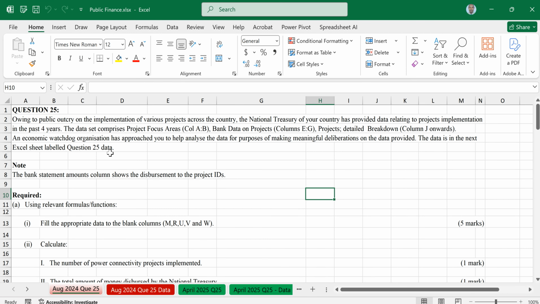Now, this question on public finance, that is August 2024, question 25, we are going to apply what we've learned in Excel, the knowledge that we've gathered since we started, and see how we can use that knowledge to solve a few questions. The question reads,